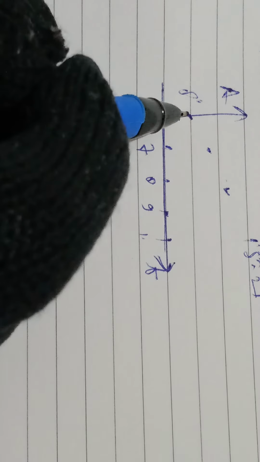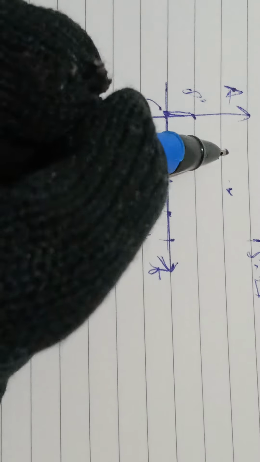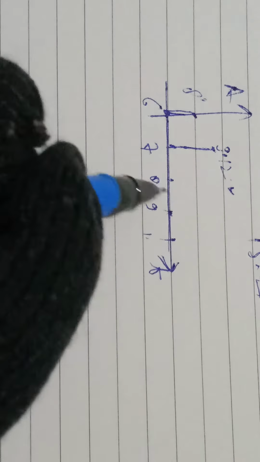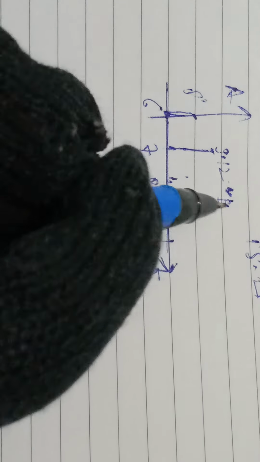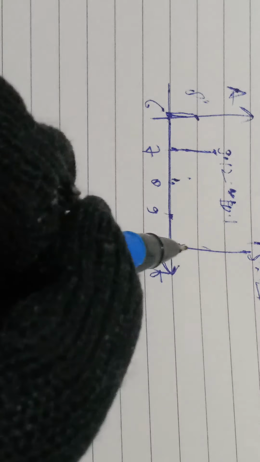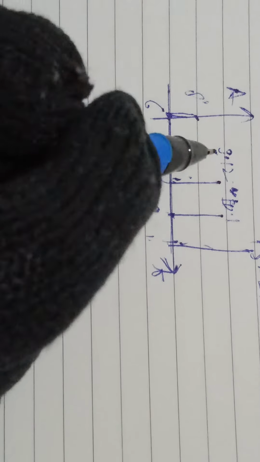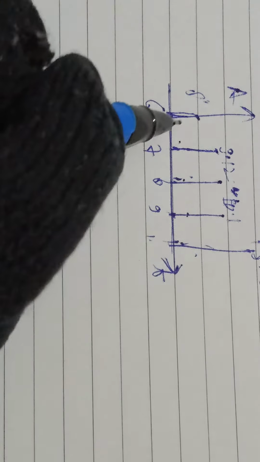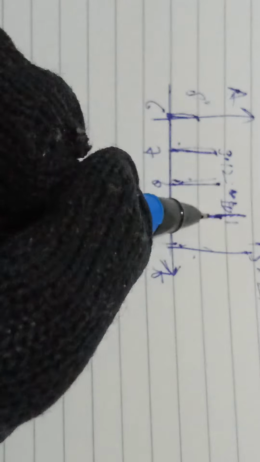So the possible values are 8. At 7, suppose it was 9.12. At 8, suppose it was 10.1. And similarly at 10 it is 15.2. So we have measured at only 5 moments: 1, 2, 3, 4, 5. We have measured values at only 5 moments, and we can see